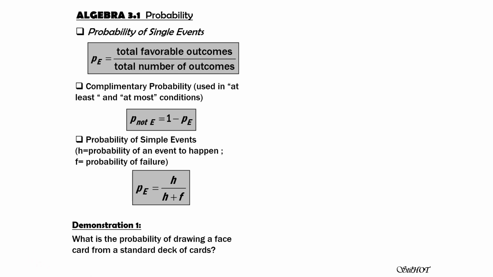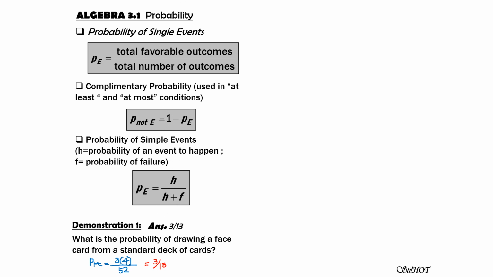Therefore, the probability that a card drawn is a face card, I call it FC, equals the total favorable outcomes. Since there are 3 face cards, representing Jack, Queen, and King, and there are 4 suits per card, then the total number of outcomes, because there are 52 cards in a standard deck of cards, so we divide that by 52, and we can now find the answer equal to 3 over 13 by simplification. So the answer is 3 over 13.